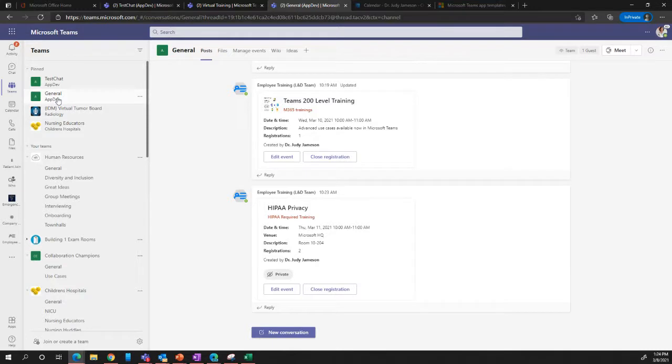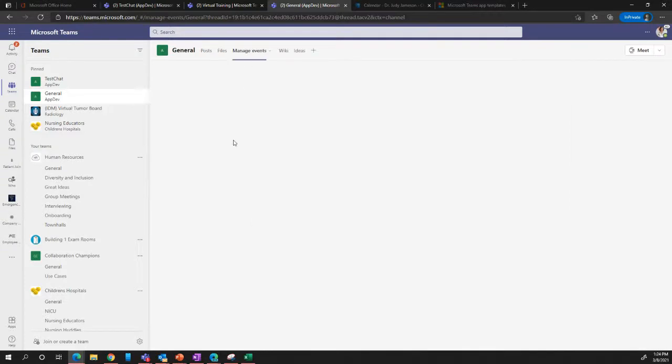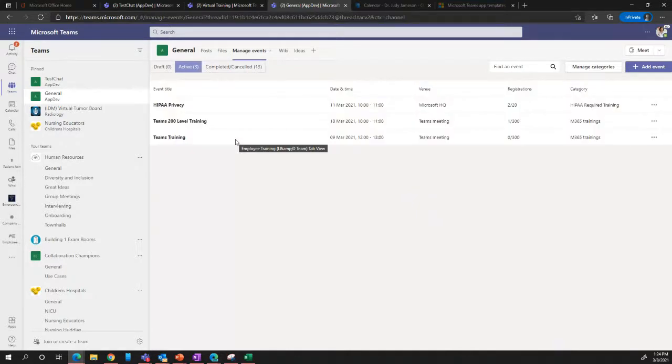What we'll do is we'll go through here, and I'm in my team. I've added the app as a tab so that I can manage the events. So here, my persona is I'm an event organizer, and we're using this from our team to create this. You see that we have a few different trainings already scheduled. You can see we've categorized those trainings, and I can manage the categories through the Manage Categories button right here within the app. I can go ahead and just add an event